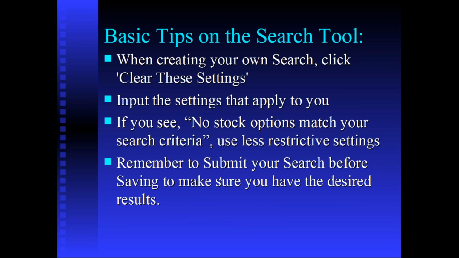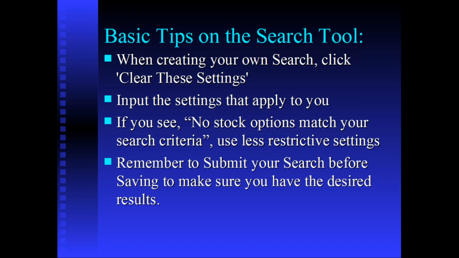All right, so when we're creating your own search, it's always best to start off with clear these settings. We showed even with that 2-day trade, if we only had 3 or 4 criteria, such as 2 days out, minimum net credit, so forth, and a good probability, we only had a few results. That's fine. Start off with what you want, and if you end up with 120 or 130 results, now start putting new criteria in or increasing the probability range, the net credit range, the option premium, because if you're happy with a 50-cent net credit, you're probably going to be happy with a 60 or 70-cent net credit as well,